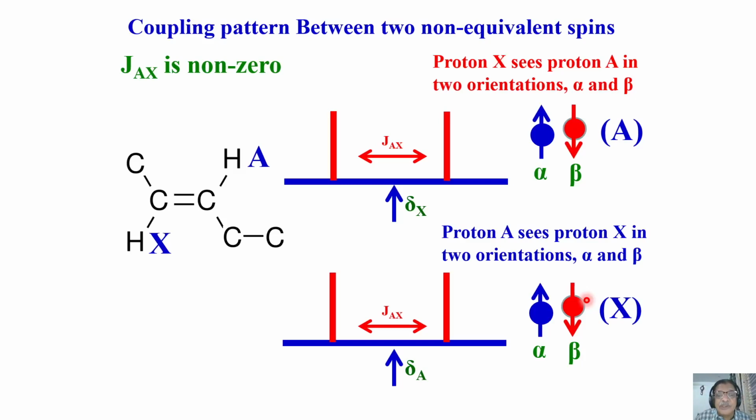One important point you must remember from what I said today: interactions in NMR are always mutual. If A is coupled to X, X is also coupled to A. If X is split into a doublet because of coupling with A, an identical doublet will be seen at A because it is coupled to X, because of mutual interaction. So these are all the important points. We use these to go ahead and analyze the spectrum. So I'll stop here. We'll see tomorrow.